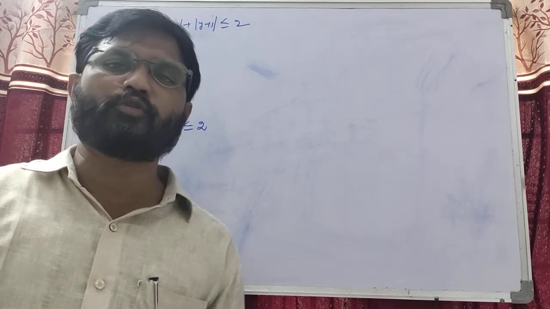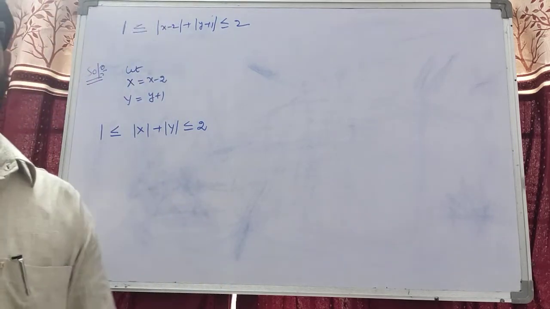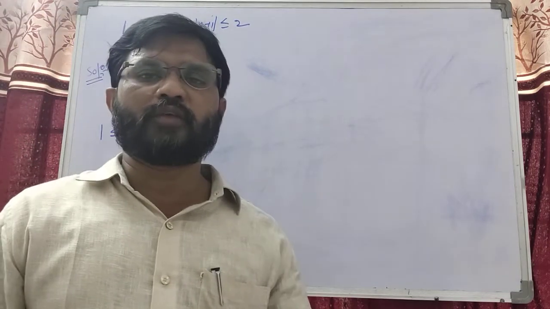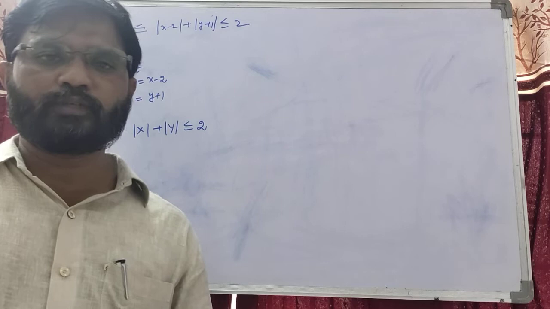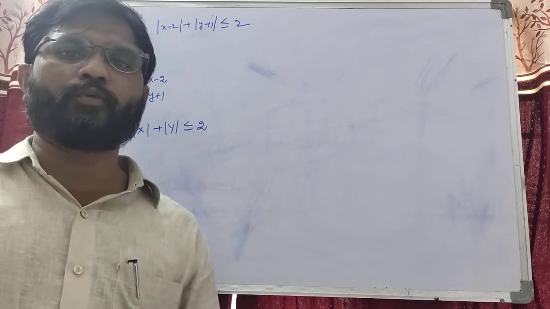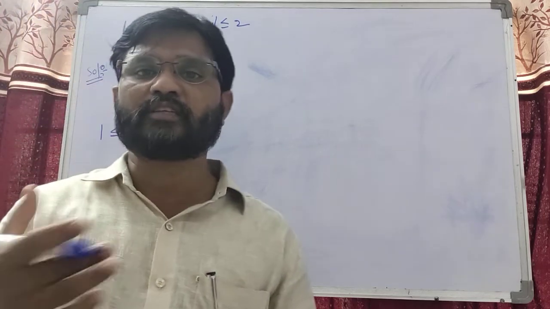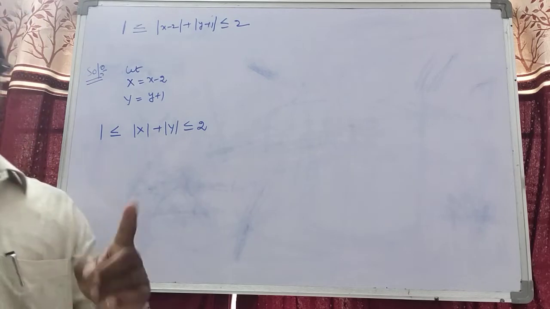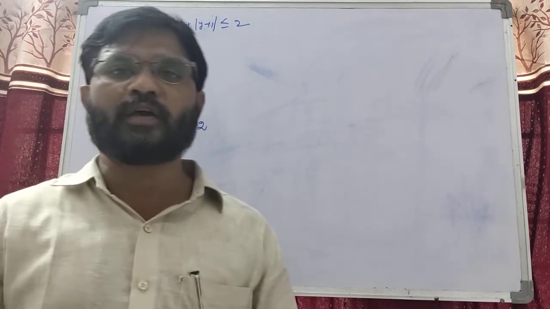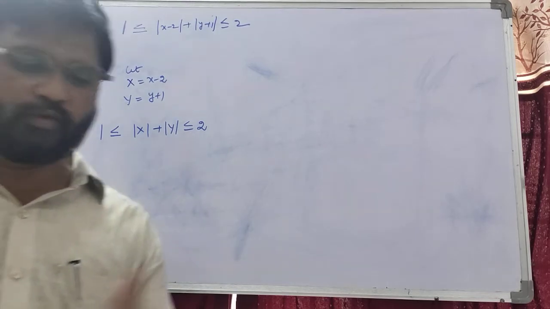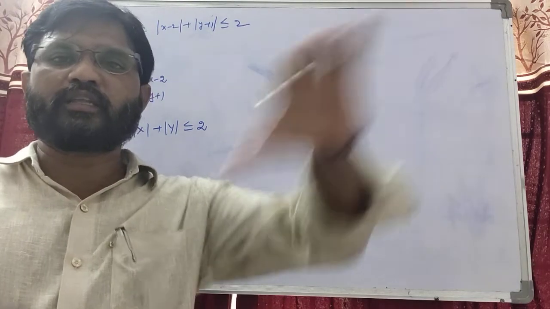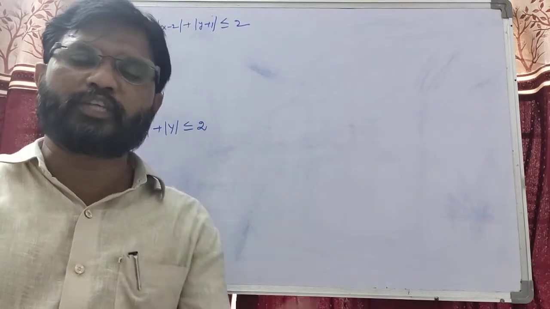In the first year we have to know that the transformation of axes is of two types. The first one is translation of axes. That means if the origin is shifted to another point without changing the directions of the coordinate axes, then the transformation is called translation of axes. Suppose we shift the line to the new axes, the area will be the same.